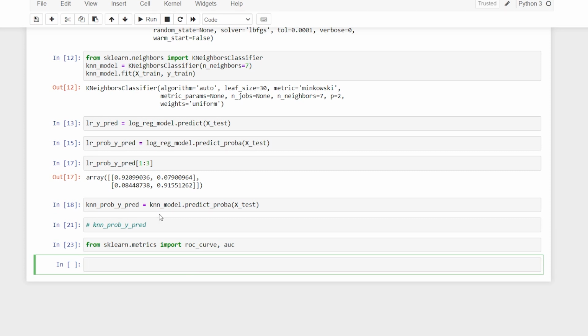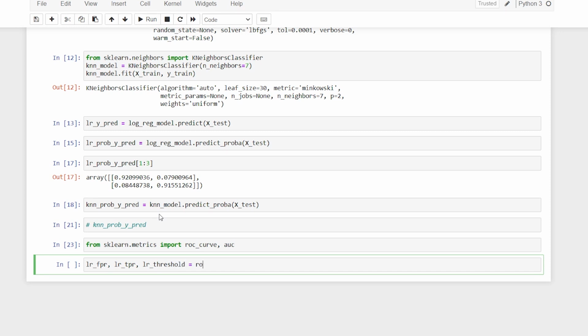The way we do it now, first of all, we want the ROC curve. So I'll say LR, that is logistic regression, false positive rate, then LR TPR, which is true positive rate. I've covered all of this mathematically in the earlier tutorials, please check that. Then I'll say LR threshold.